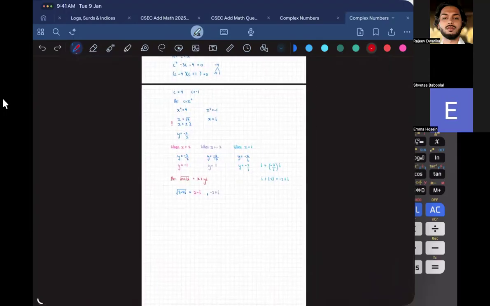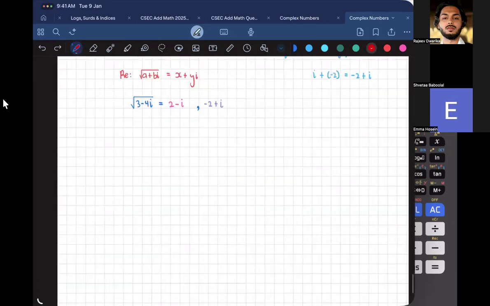So that is it for class today. I will send you guys homework. The next class, I want to show you guys how to perform some arithmetic on complex numbers, and I want to do some work on Argand diagrams. But before I go, I want to show you how